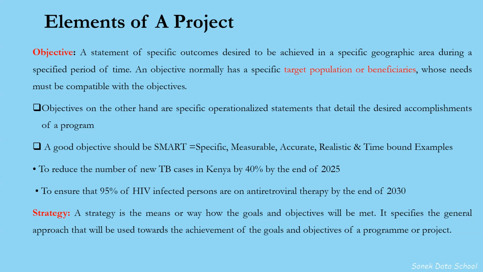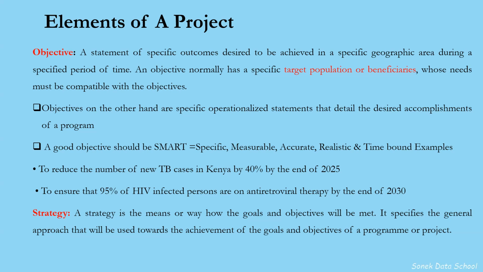Objectives, on the other hand, are specific operationalized statements that detail the desired accomplishment of a program. And always they must be SMART. SMART is an acronym meaning specific, measurable, accurate, realistic, and time bound. For instance, we can have a SMART objective whereby to reduce the number of TB cases in Kenya by 40% by the end of